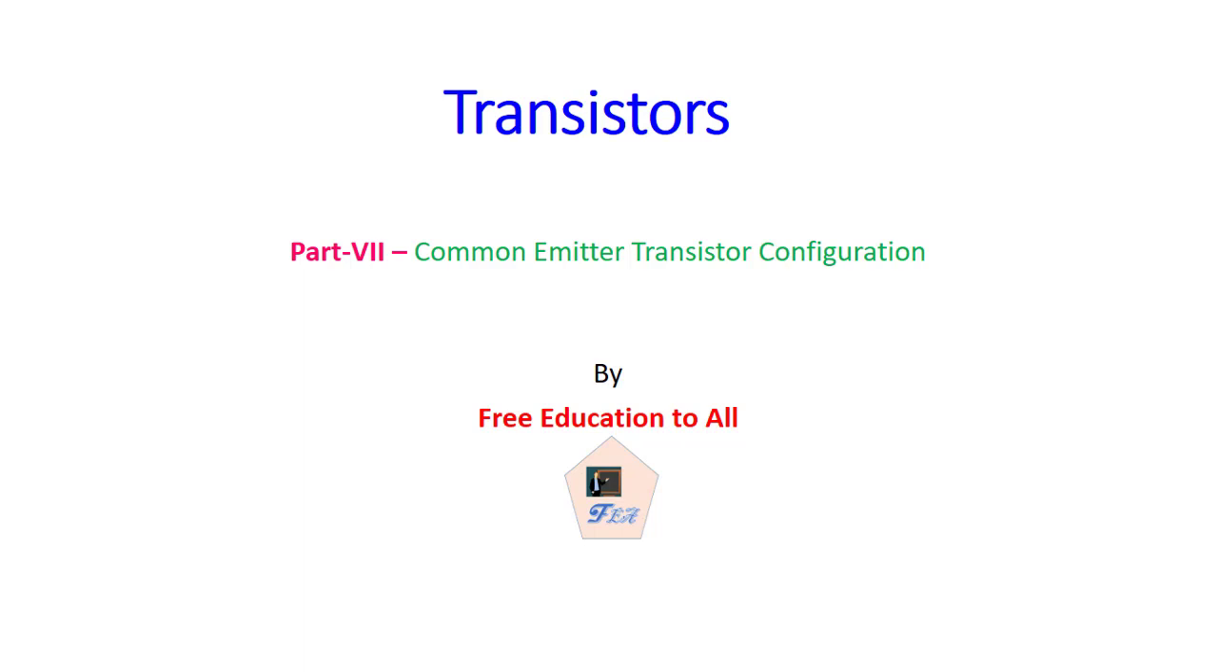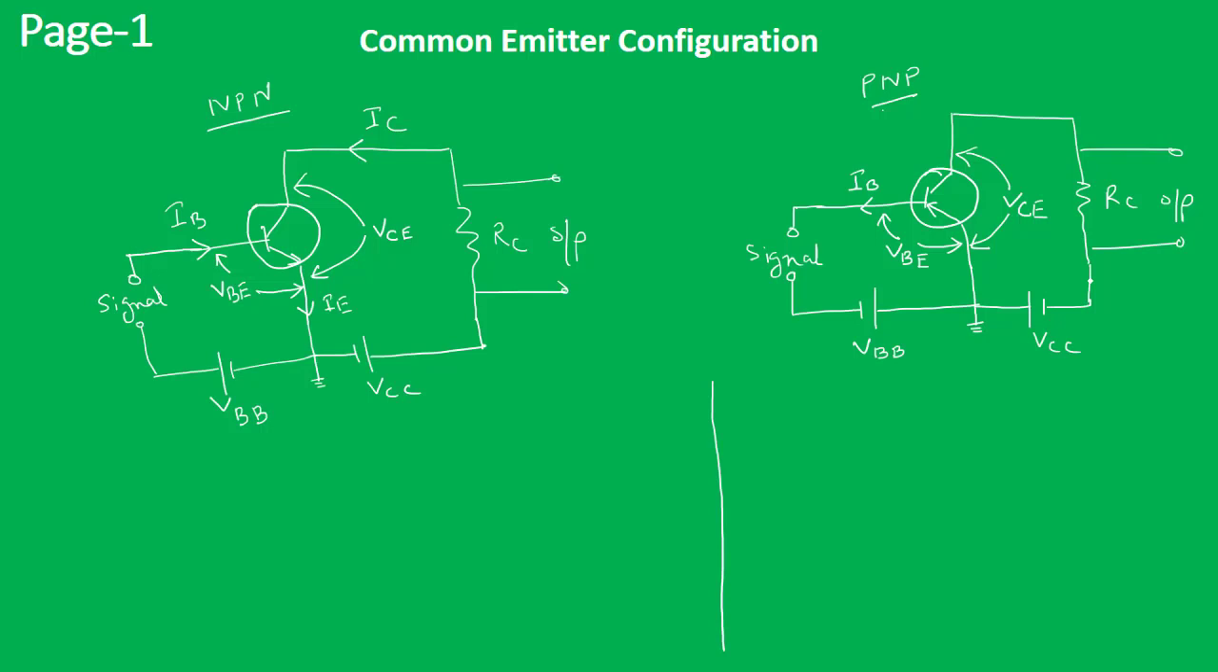In this lecture, we are going to explore the common emitter transistor configuration. So in this circuit, we can see that the emitter is common to input section and output section. So this is our input section, and this is the output section. So here the emitter terminal is common to both input section and output section, and we are considering the input